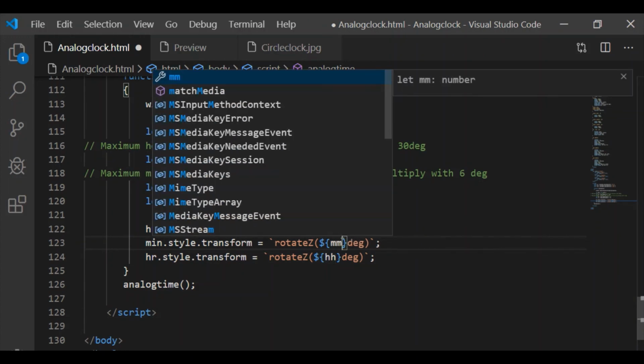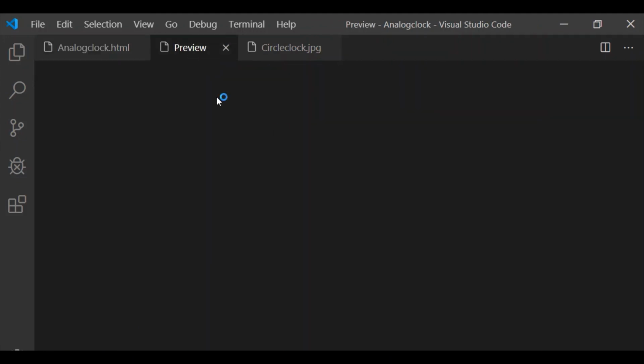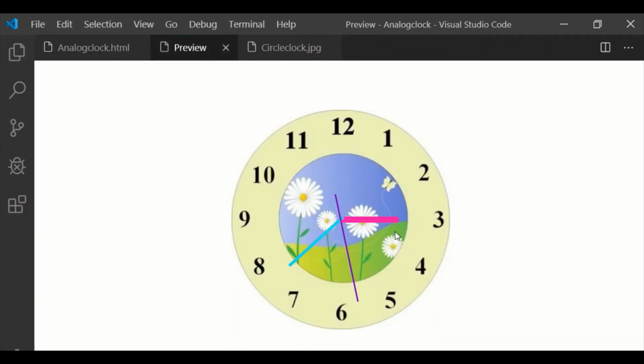On taking rotateZ for HH, MM and SS in degrees, we shall get the movable clock as displayed in the preview window.